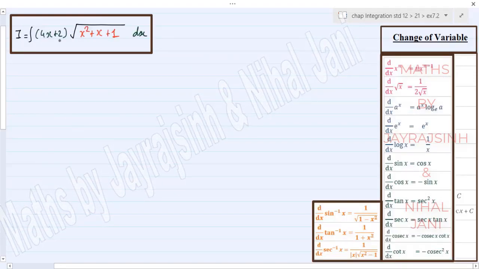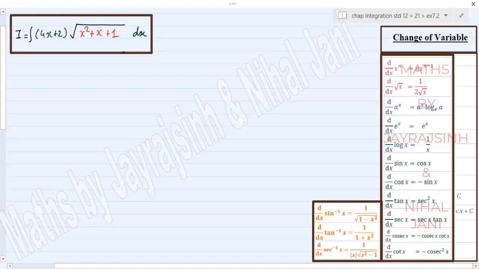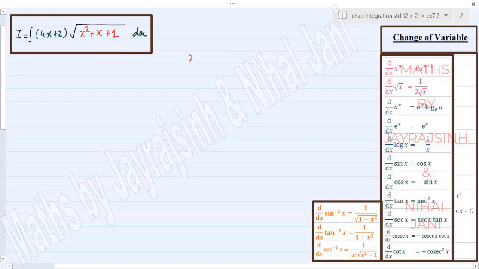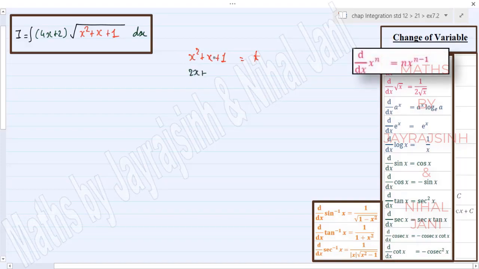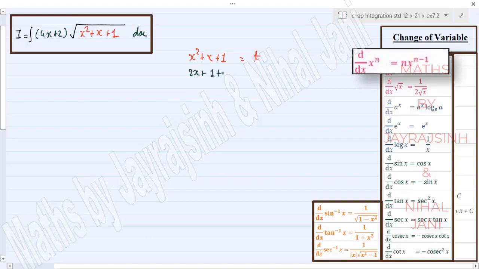In this question, we have to integrate 4x plus 2 under root of x square plus x plus 1. Your x square plus x plus 1 is the inner function. So let's assume x square plus x plus 1 as your t. Now differentiate both the sides. Differentiation of x square will be 2x plus differentiation of x will be 1 plus 0,